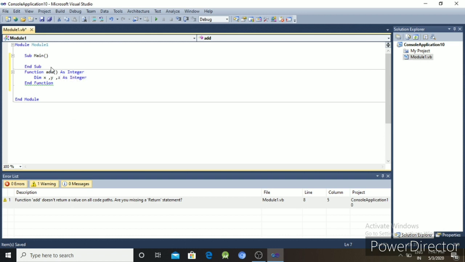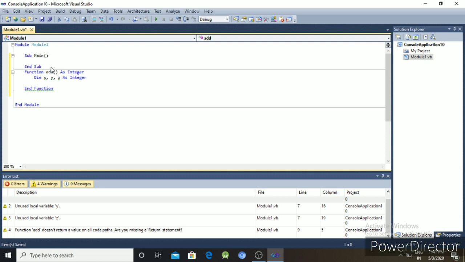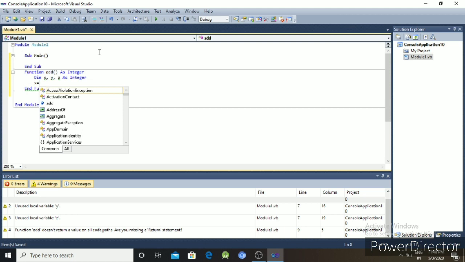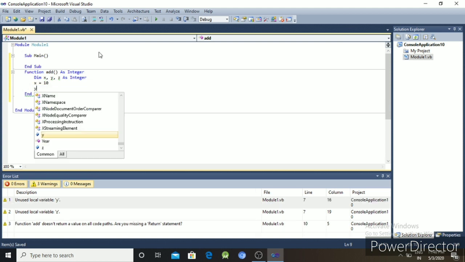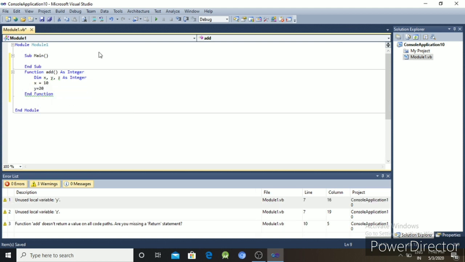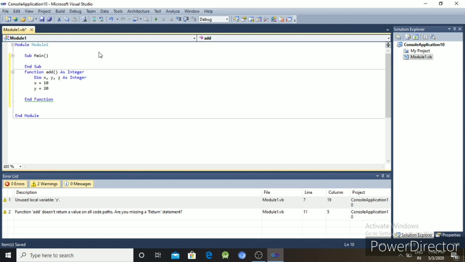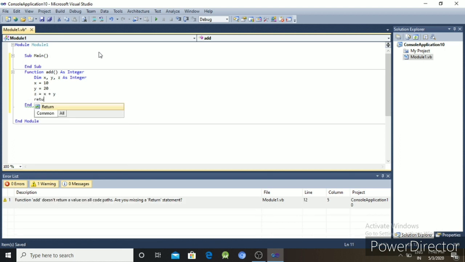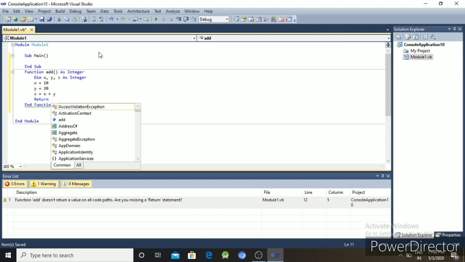First of all we have to declare the data type. Thereafter we write x equal to 10, y equal to 20. We have declared the values of x and y. Thereafter z equal to x plus y, then return z.